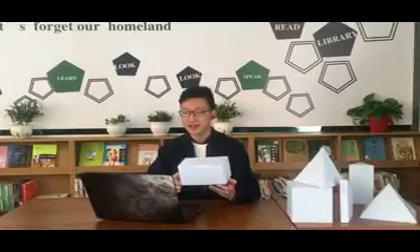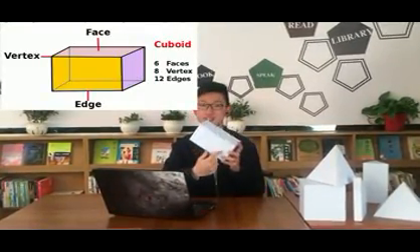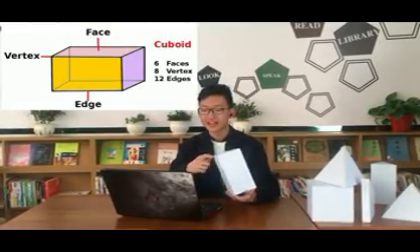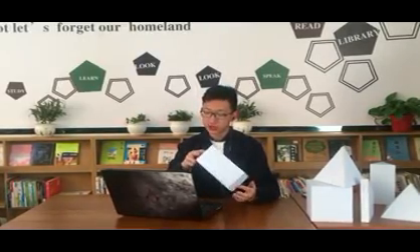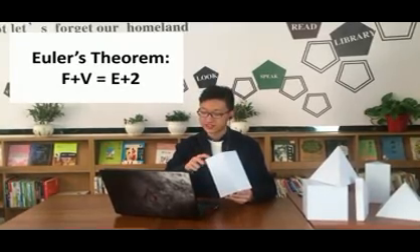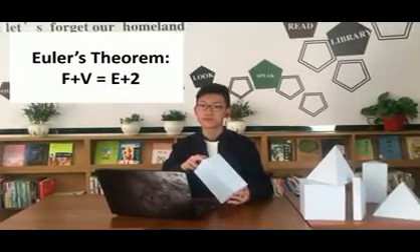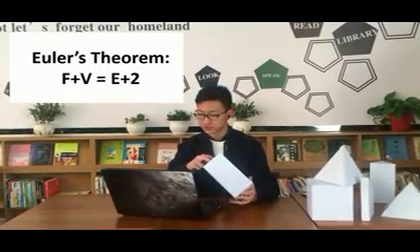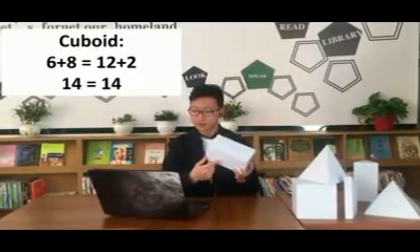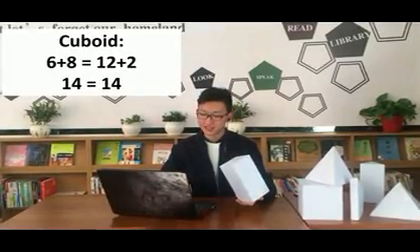This is a cuboid model which is made of ABS plastic. As we can see here, the cuboid has 6 faces, 8 vertices, and 12 edges. Also, according to Euler's theorem, the number of faces plus the number of vertices is equal to the number of edges plus 2. Then for the cuboid, we can calculate 6 plus 8 is equal to 12 plus 2, which means 14